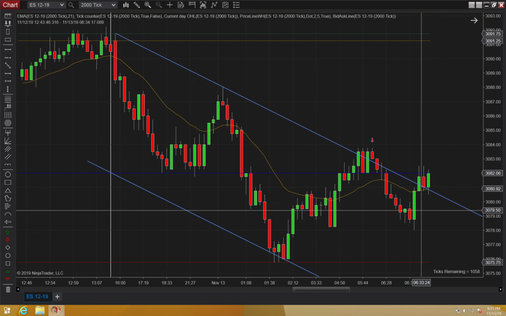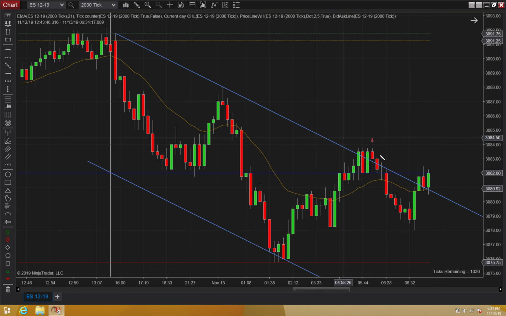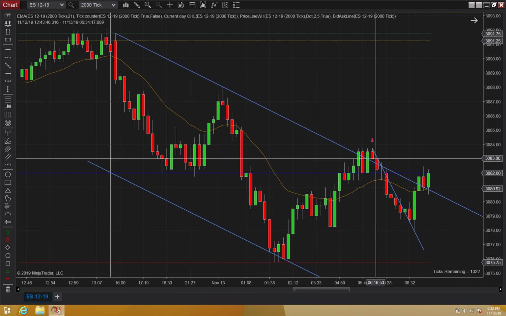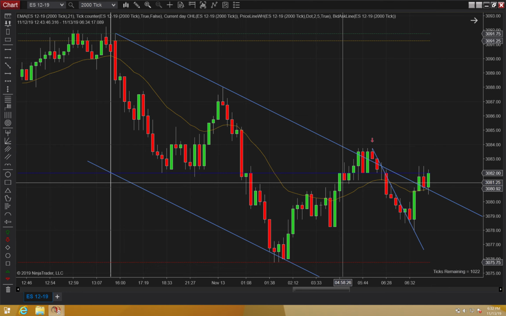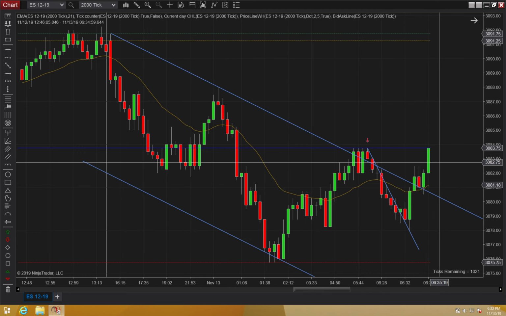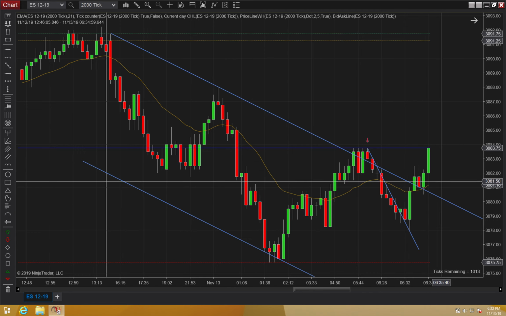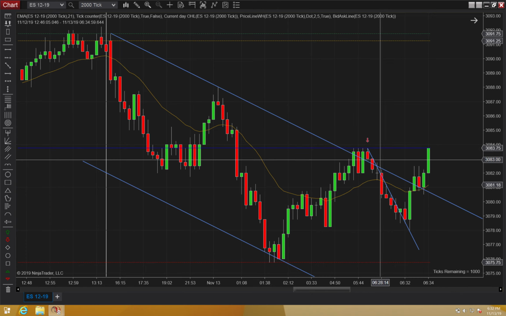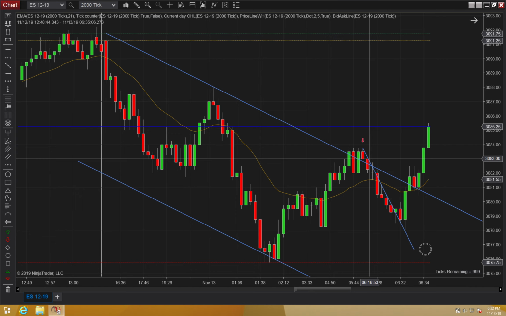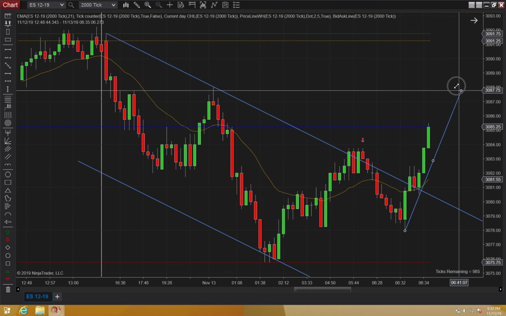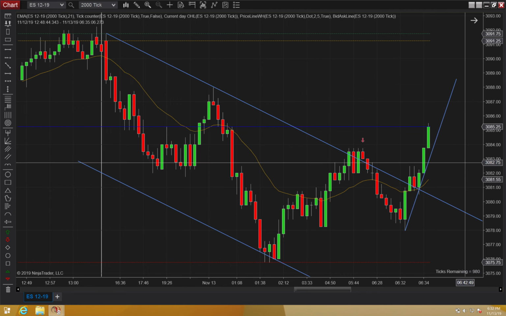So we had a push down. I'd even be bold enough to give this a micro trend on the basis of we started above, went below, broke below previous lows. Micro trend. But now we're getting a push higher, kind of this middle pattern right in there. And once we break above this area, we're going to swap micro trend lines. So right there, let's take this line. We're going to make it go there instead.